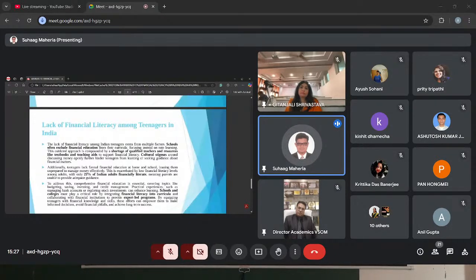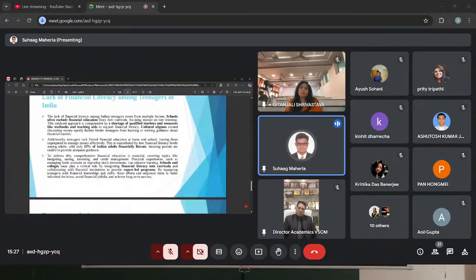Next is the lack of financial literacy among teenagers. Teenagers are excluded from financial literacy programs. The major reason is that schools often exclude financial education from their curriculum. Also, there is a shortage of qualified teachers and resources like textbooks and teaching aids to support financial literacy. Another reason is cultural stigma, as some teenagers stay away from it, or their families don't encourage them to